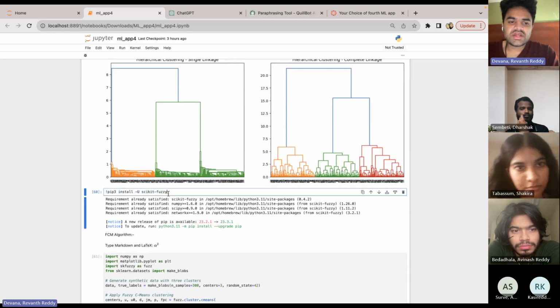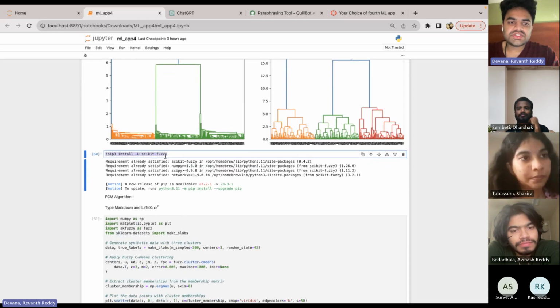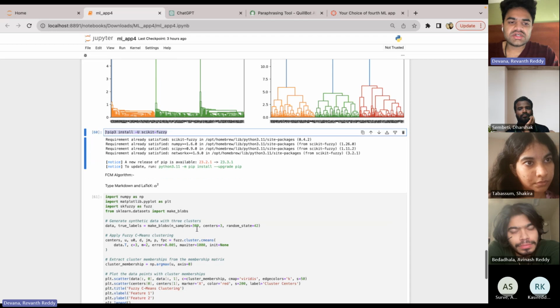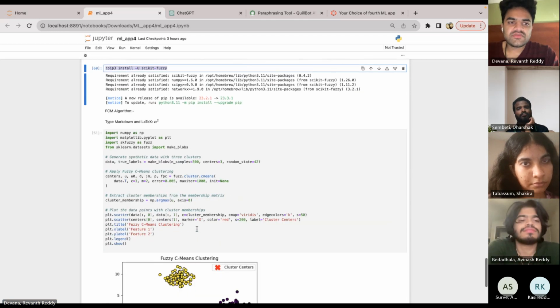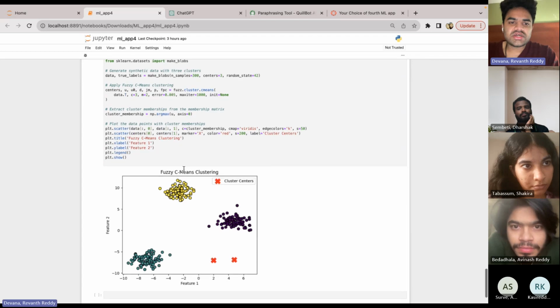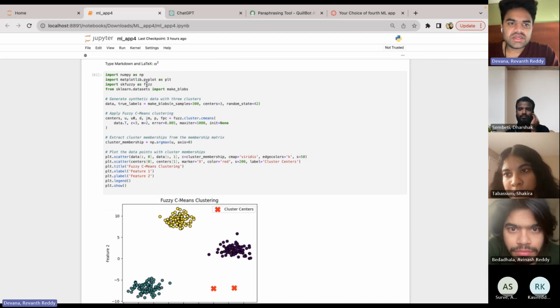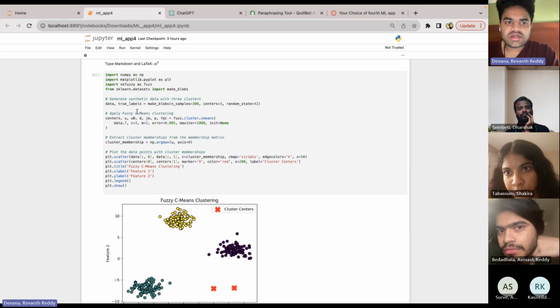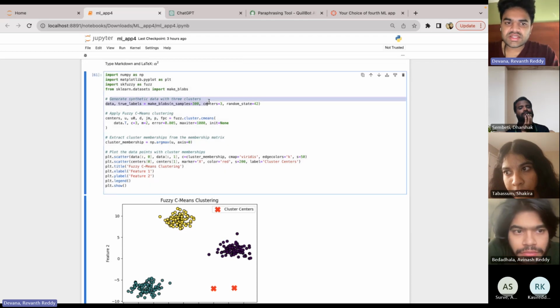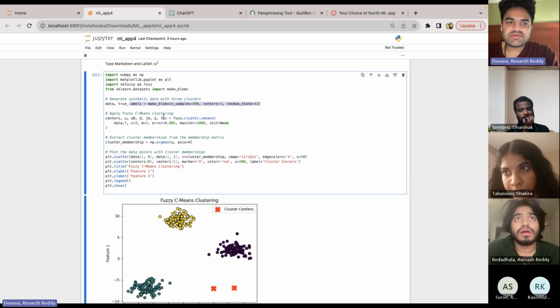So we are installing the necessary library, scikit-fuzzy, in order to show the next cell results. We are installing it, and as you can see here, fuzzy c-means clustering. Here we are importing NumPy as np, matplotlib plt, and skfuzzy, and we are generating synthetic data with the 3 clusters, the same as we have taken there, and applying fuzzy c-means clustering, where cntr, u, u0, d are the variables we have taken,